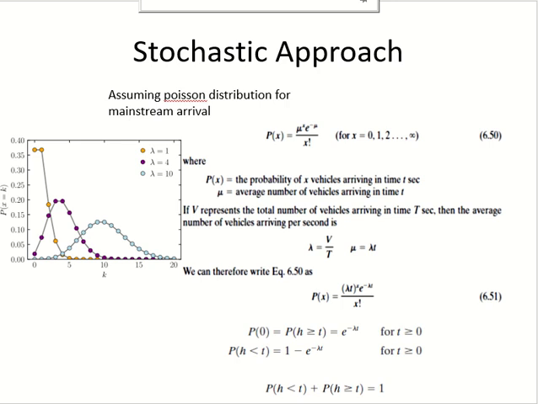Then we started talking about the types of analysis we do, or the types of approaches we have for traffic analysis. One of them, which we have been doing up till now, was deterministic, meaning everything has one exact value and there is no other chance of any other value. Which we know that it's not real. There are, I don't know, 18 students in the class. How many are there now? 9. But there is a chance that there could be 10 as well, right?